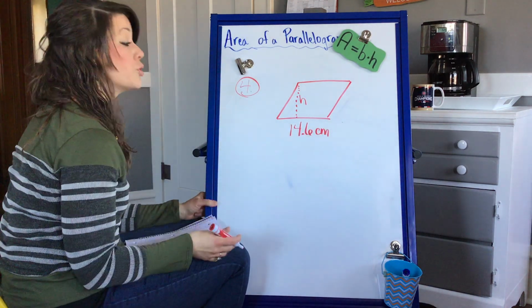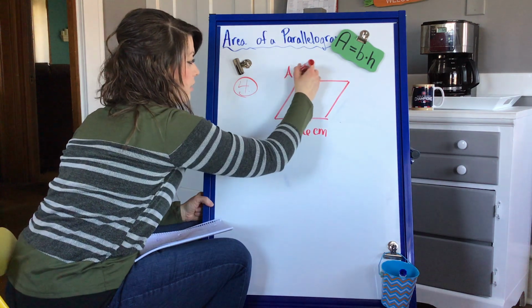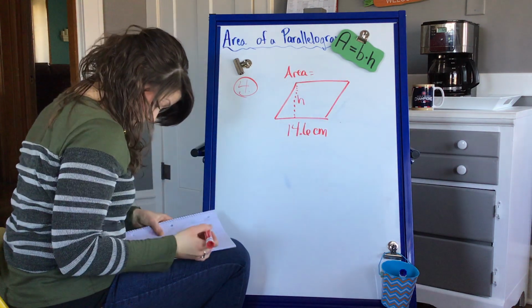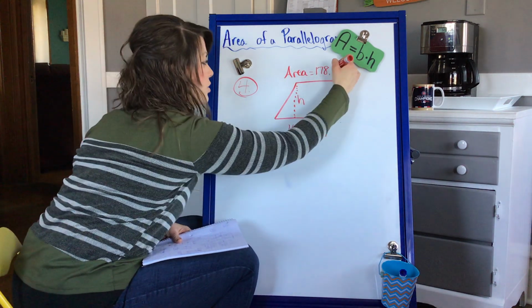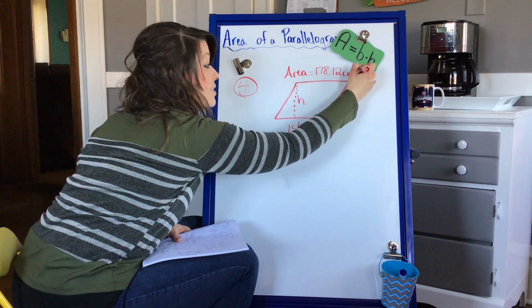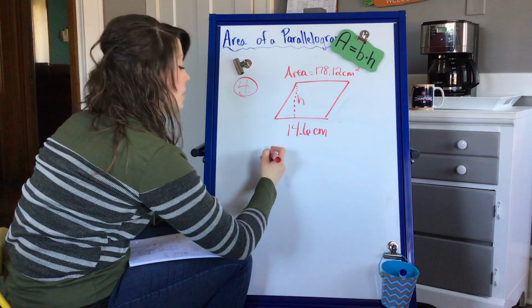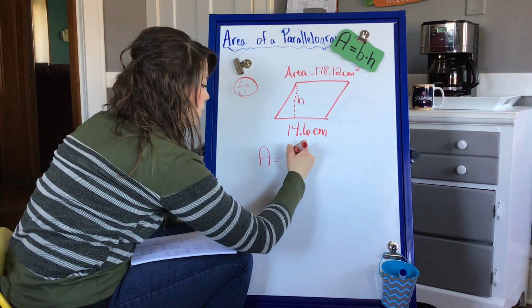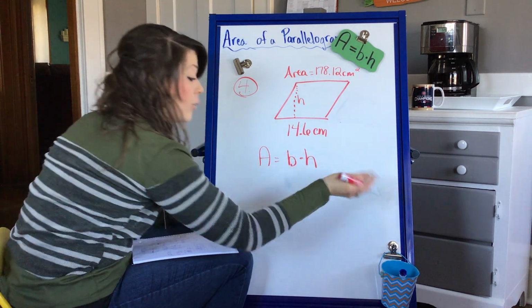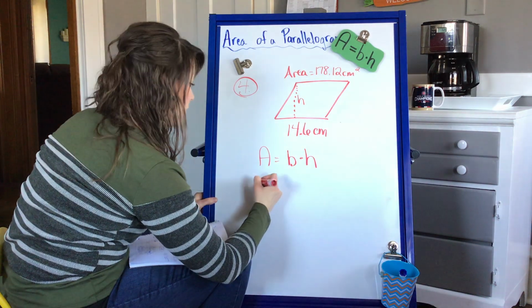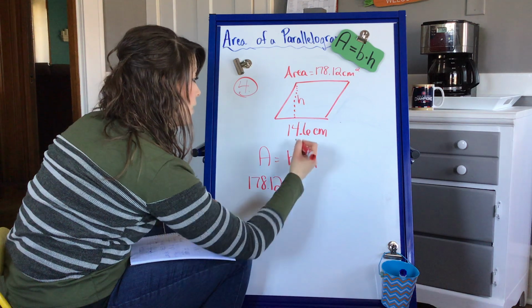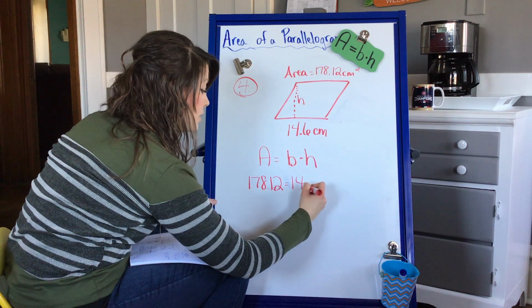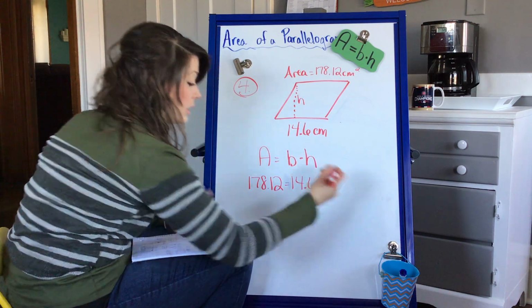The height we don't know, but we do know the area on this one. So the area equals 178.12 centimeters squared. So this is another one where we're working backwards. So again, start with your formula: base times height, and now we're going to plug in our numbers. So area is 178.12 equals, base we know this time is 14.6. The height we don't know, so we're going to leave that as